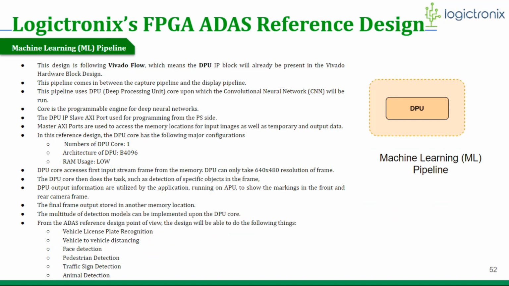Okay, this design follows the Vivado flow, which means the DPU IP block will already be present in the Vivado hardware block design. This pipeline generally comes in between the capture pipeline and the display pipeline. This all depends on the type of design. The pipeline uses a DPU, a deep learning